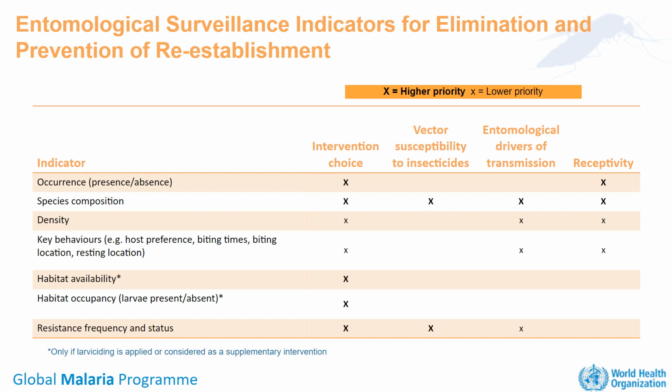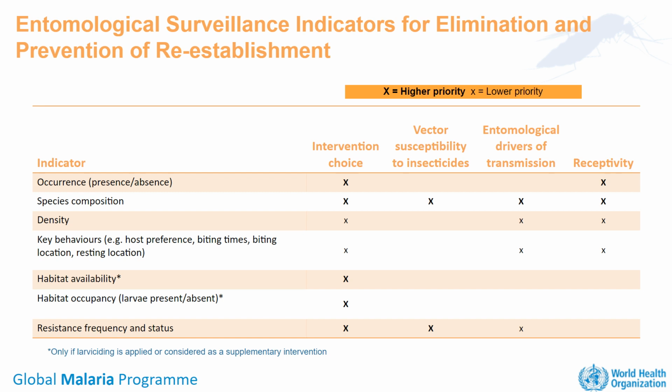Knowledge of mosquito behaviors might also contribute to a better understanding of the degree of receptivity. For example, mosquitoes that prefer human blood and tend to bite and rest indoors are going to lead to greater vectorial capacity and higher receptivity than mosquitoes without these tendencies. Habitat availability and habitat occupancy should only be measured to determine whether larviciding is a feasible and appropriate intervention, or